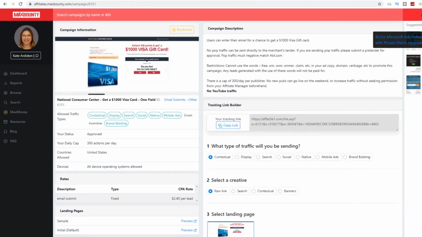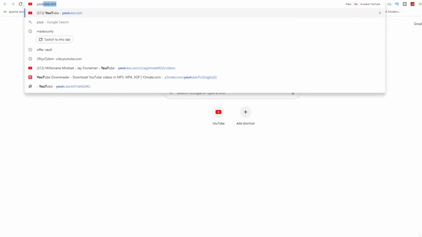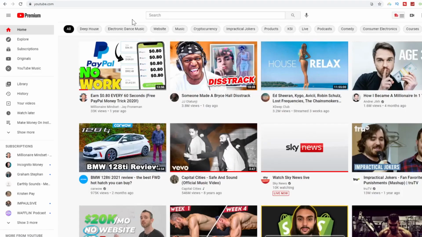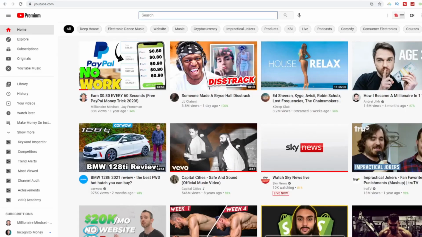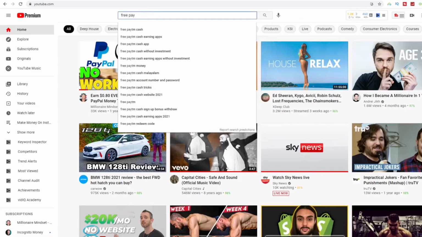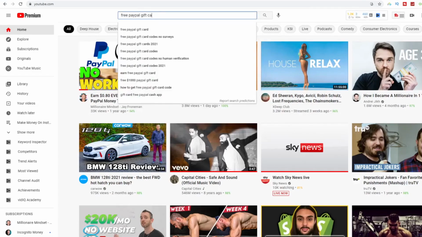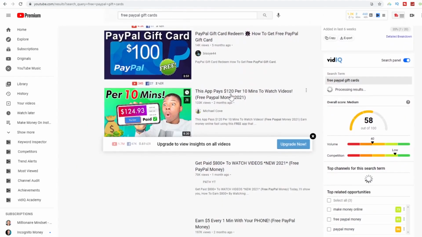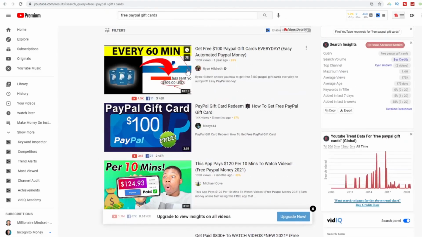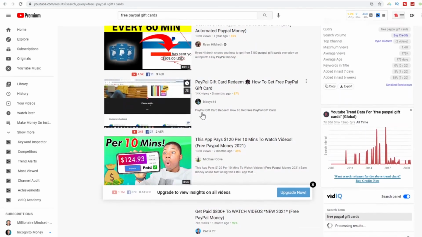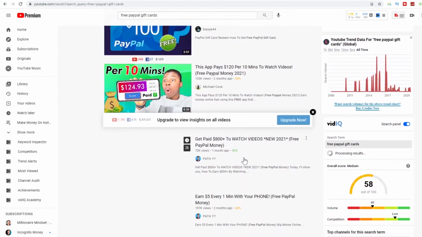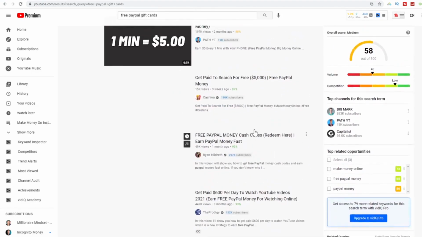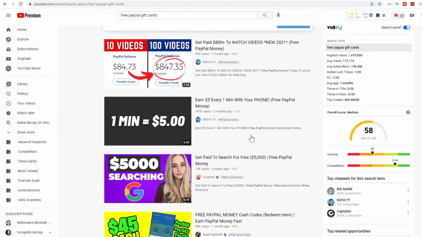And the next step is you want to come over to Google and you want to go to youtube.com, which is obviously the best video hosting platform in the world right now. And all you want to do is you want to search on the search bar and type free PayPal gift cards. Click on enter over here and you will see tons of people uploading videos on how to get PayPal gift cards. This video got over 136k views in a year, 14k views in 5 months, 133k views in 2 months, 70k views in a month, and 15k views 3 weeks ago, 49k views a month ago. So this topic is getting a lot of views and a lot of attention.